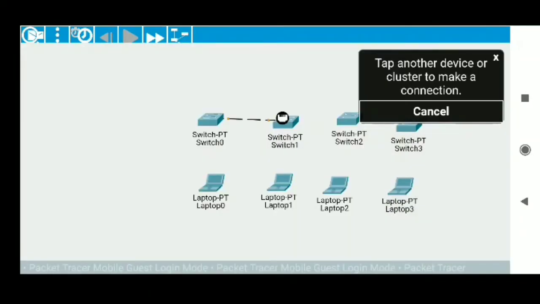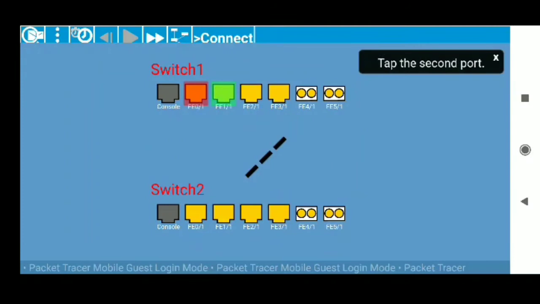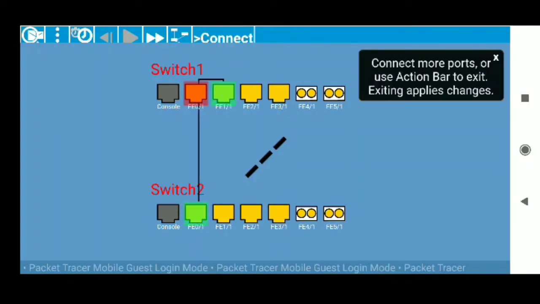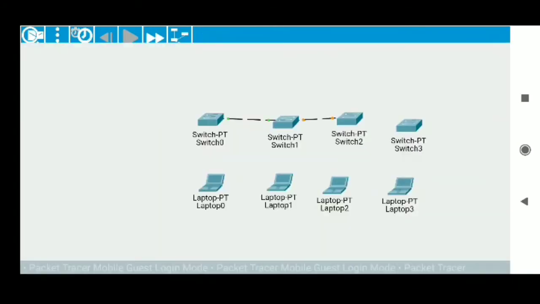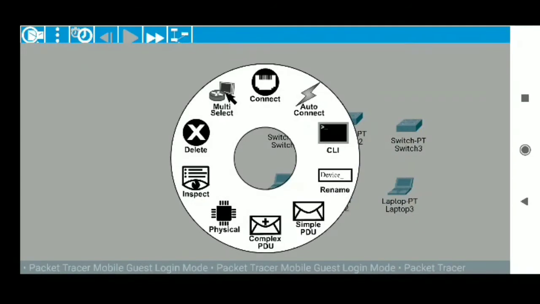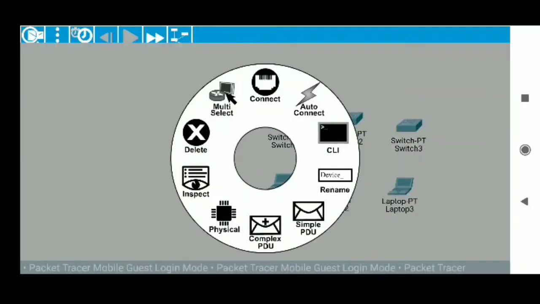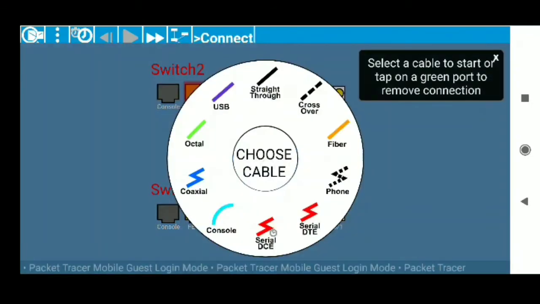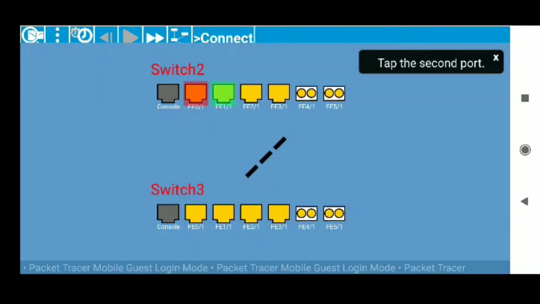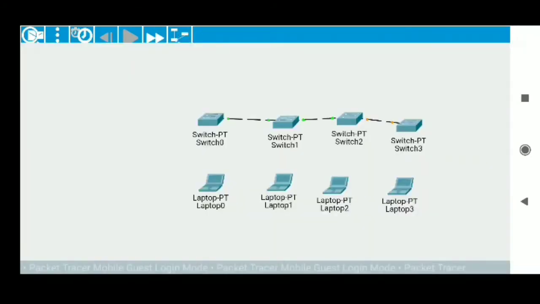Now select the second switch and go to connection and choose the destination as the third one, and choose crossover cable. As the 0th connection is filled, connect from first to 0. Similarly do for the other pair of switches. You have to give just the destination. Choose the cable, and as the first one is filled by the previous switch, you have to choose the next one.